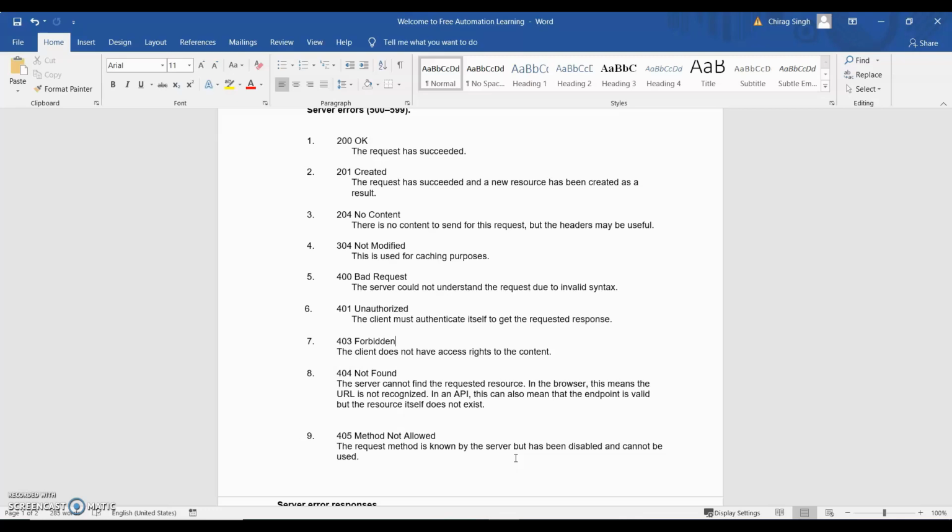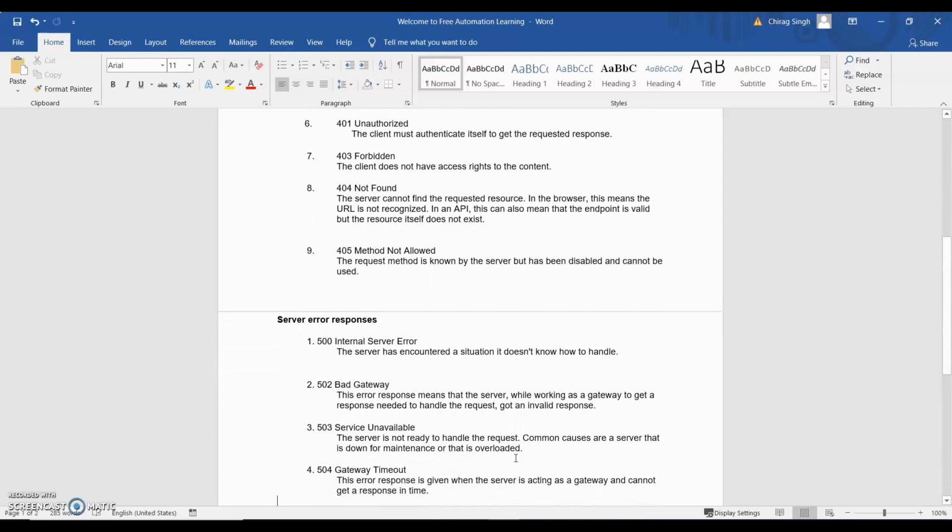At that time 405 method not allowed comes, so it presents the method name, but its method type is changed. So at that time, this 405 method not allowed error comes from the server, right?